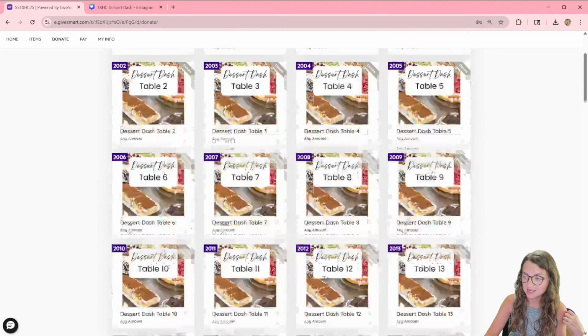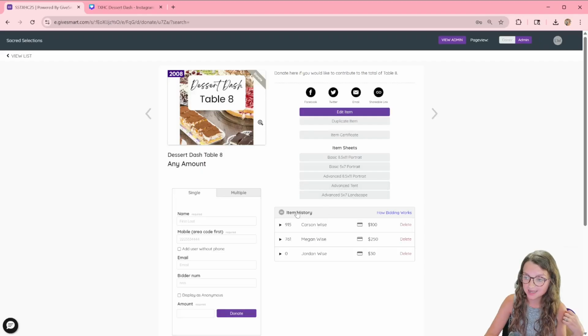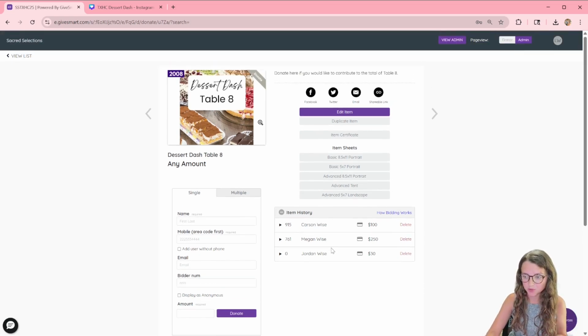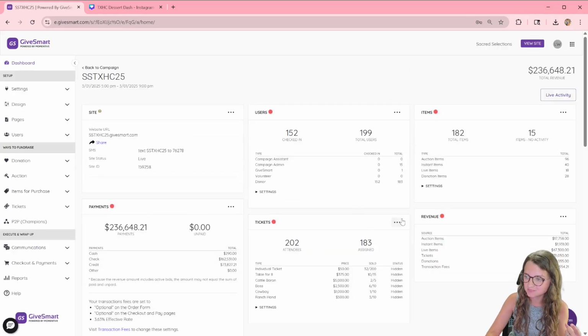They'll say donate. You can click a table, do item history, and you can see the donations coming in for each one. Well, we don't want you to have to go in and tally them up all yourself. We can use Excel and pull a report to add them all up quickly so that you can see who won the dessert dash. So we're going to go back to view admin,